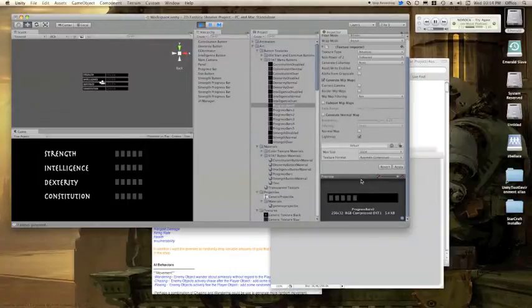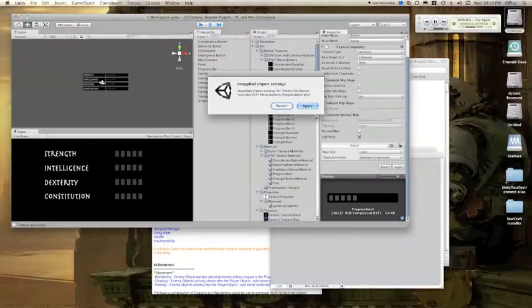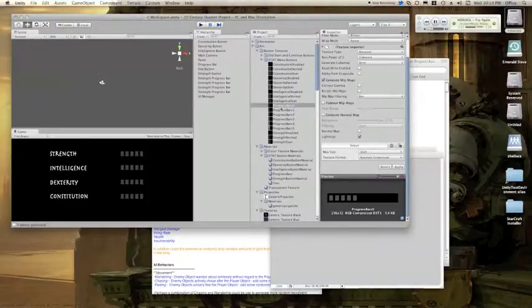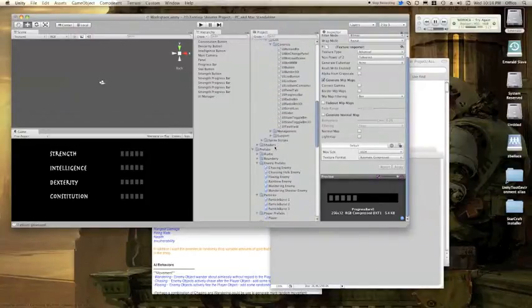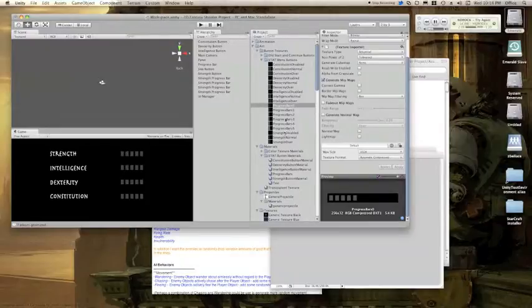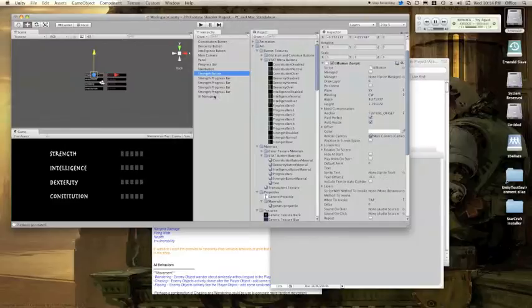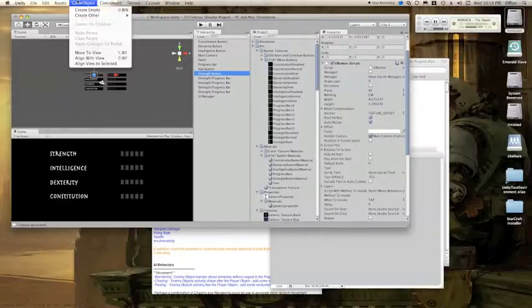And ultimately what I hope to do with that is be able to pick which texture I want to use, which texture I want to display, depending on what the value of the player's strength score or intelligence score is. So if we go over here to the actual buttons, here we go. Okay, let's go to strength button. All right, so I created a button using